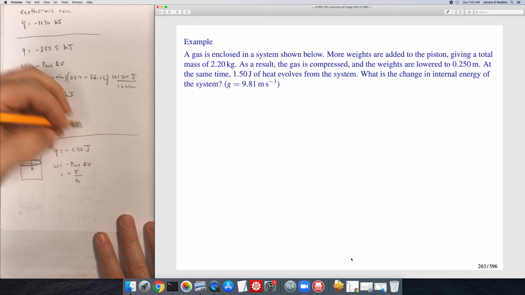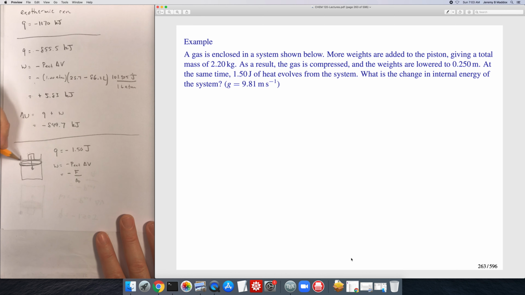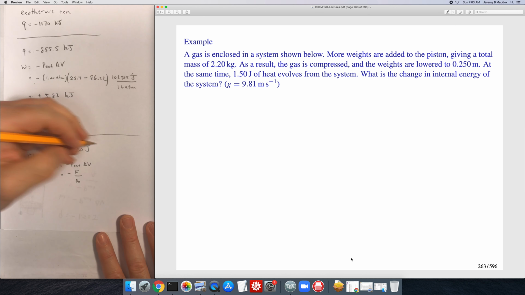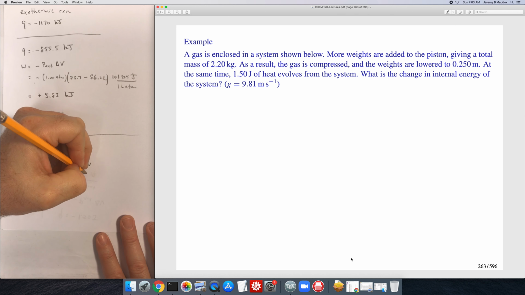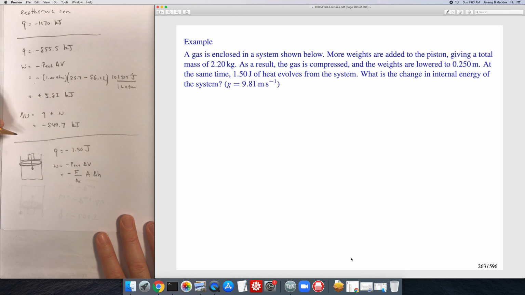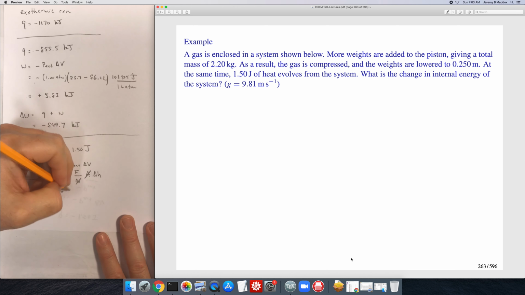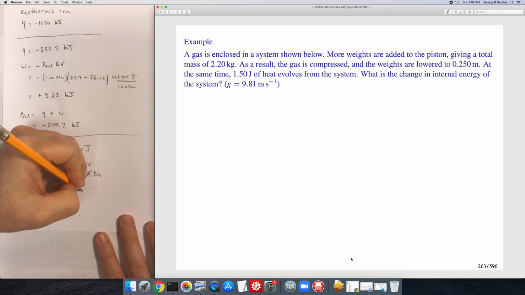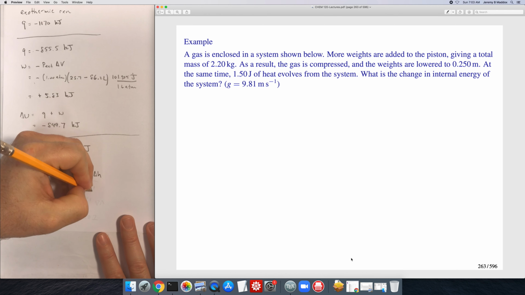The volume change in this case, since the area of the piston doesn't change, only the height changes, we can write this delta V as the area times the change in height. The areas cancel out. We can write the force as a mass times the acceleration due to gravity, times delta